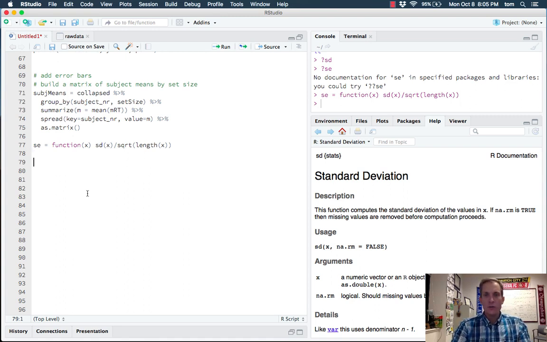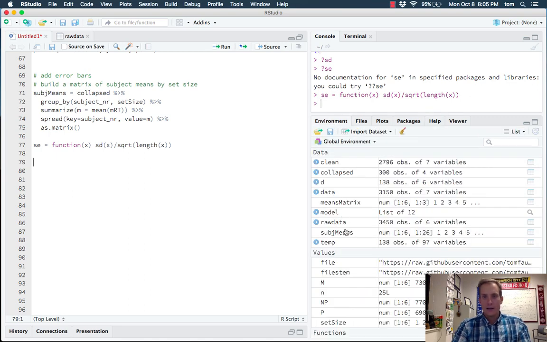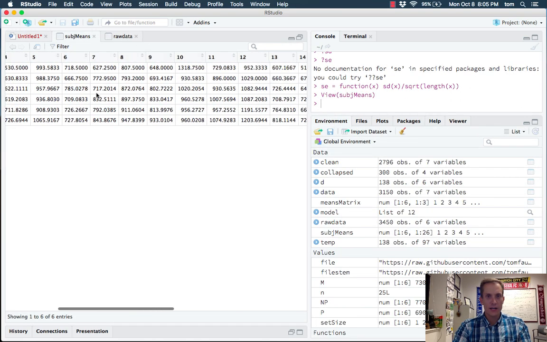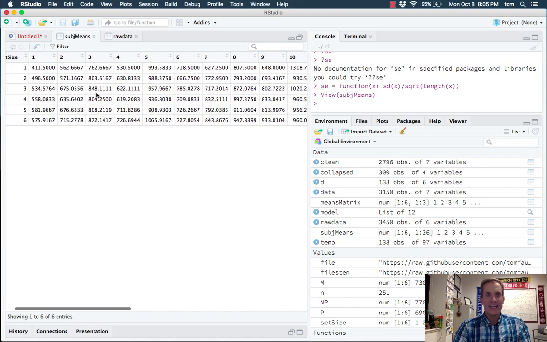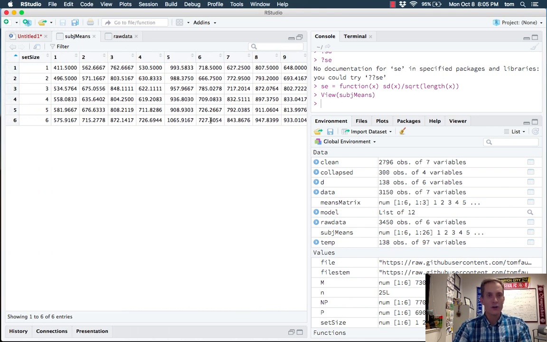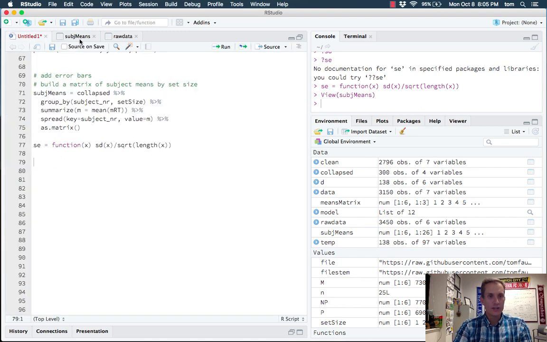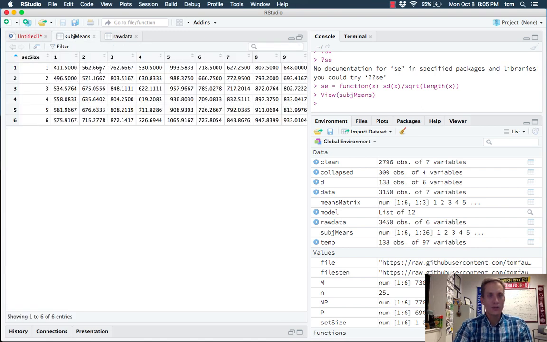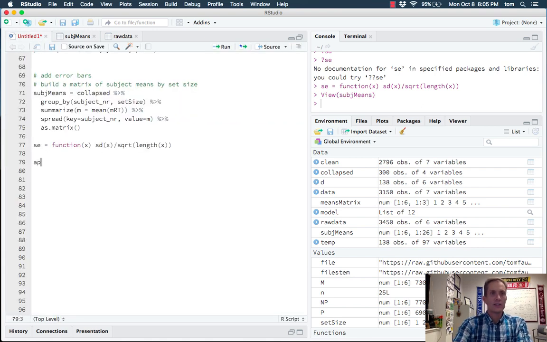And now what we're going to do is take that subject means matrix, this thing right here, and compute the standard error of each row. And the standard errors are then going to be the height of our error bars for our plot. Remember, if you've got a matrix and you want to compute something over a row, you can use the apply command. So we're going to say that capital SE, just to differentiate it from lowercase se, which is a function, capital SE is, we're going to say apply, and we're going to go on subject means,